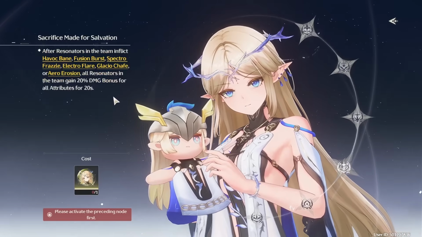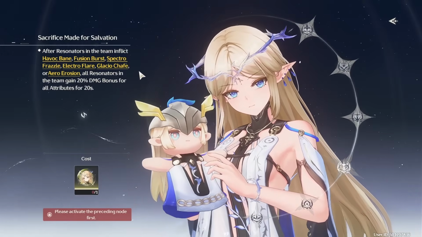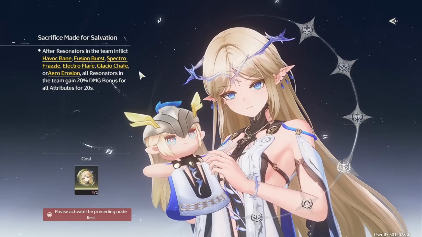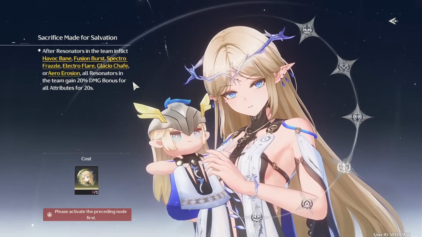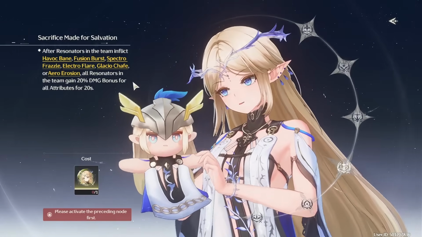S4 is a support sequence node. After Resonators inflict negative statuses, all Resonators in the team gain 20% damage bonus for all attributes for 20 seconds. So this works with Ciaccona, and especially if you have a negative status applier with Aero Rover, this will work